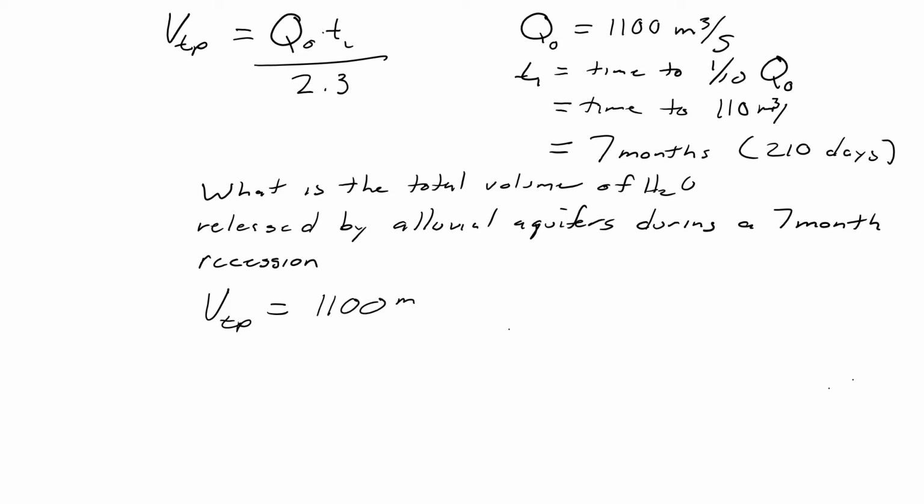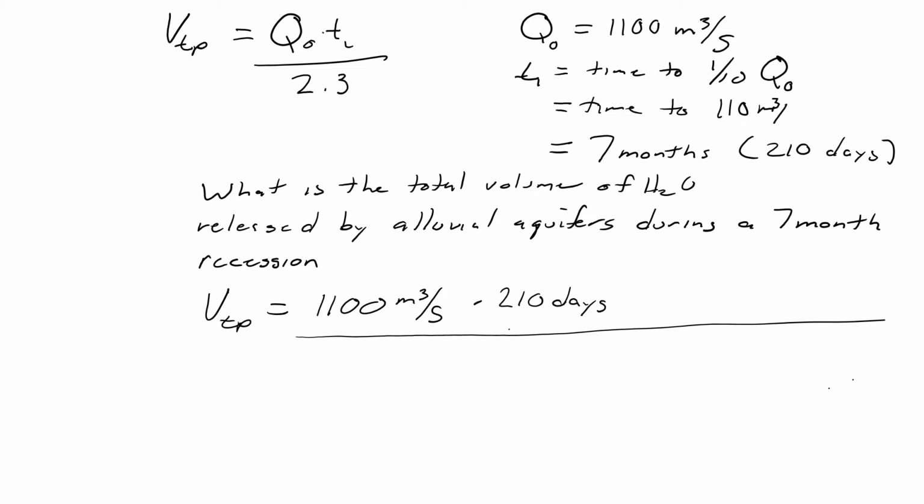So VTP equals Q naught, which is 1,100 meters cubed per second, times 210 days, over 2.3. But you can see right now, we've got meters cubed per second times days. We want a volume, so our time is going to have to cancel out. So we're going to have to convert days